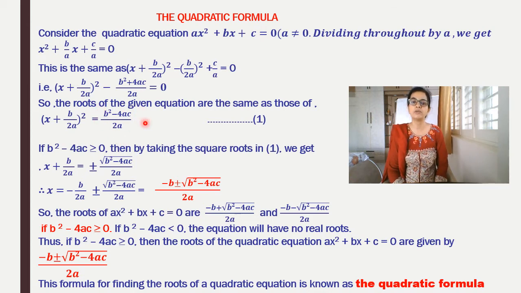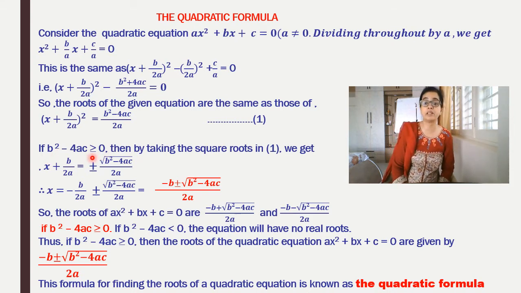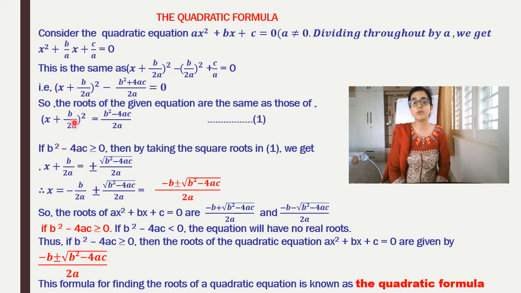Now here also there are two conditions. The first condition is that we look at the numerator of the constant term. It is b squared minus 4ac. If it is greater than or equal to 0, then what will happen? And if it is less than 0, what will happen? Let us see. In the first condition, we are going to apply b squared minus 4ac greater than or equal to 0. So what will happen?